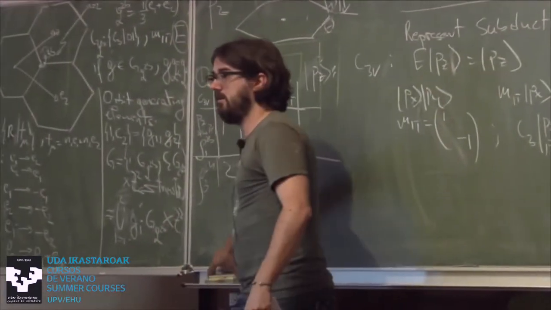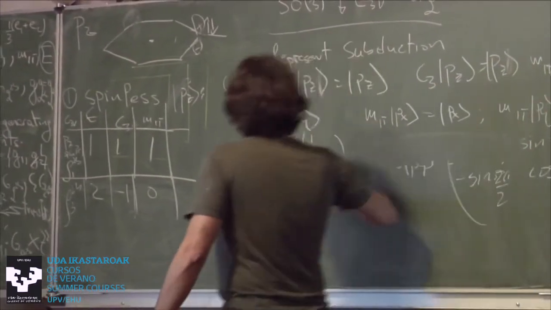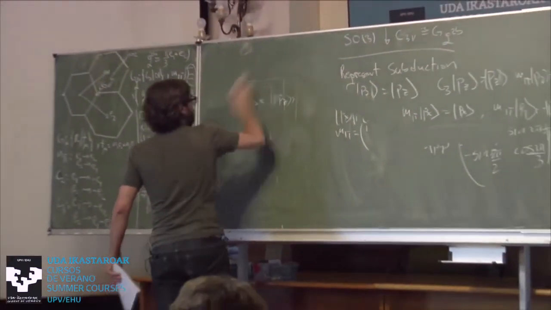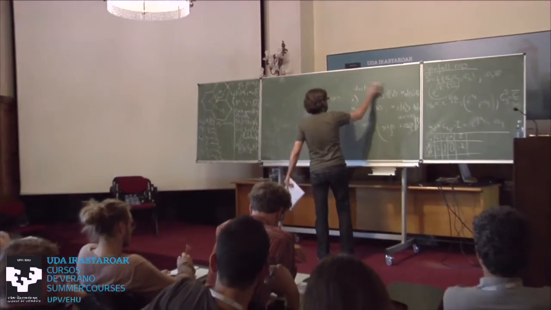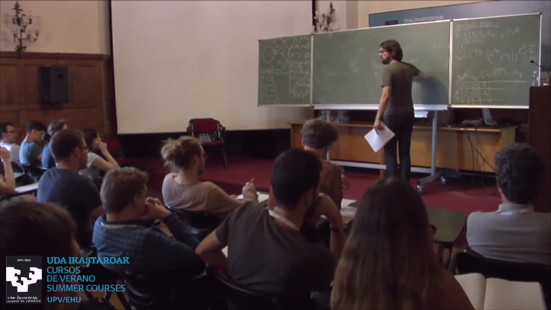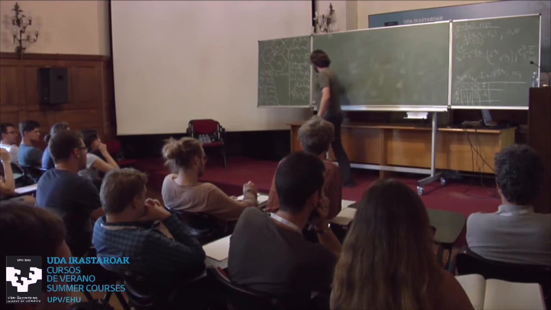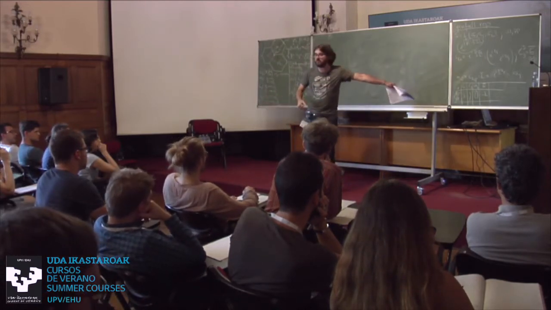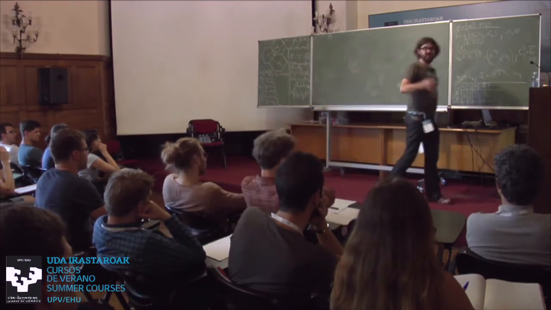Can I erase this? Have you guys written it down? Because we're going to use these. Okay. So there are one-dimensional spinful representations of C3V, and they involve spin 3/2. Okay? So spin 1/2 and spin 5/2 have the same representation, two-dimensional. Spin 3/2 and spin 7/2 have the same representation.